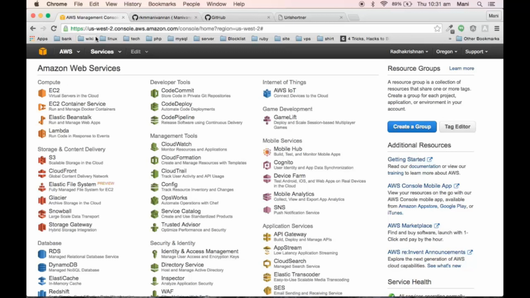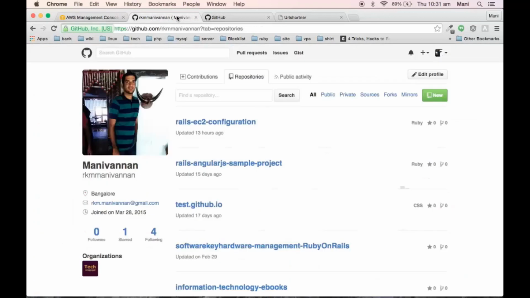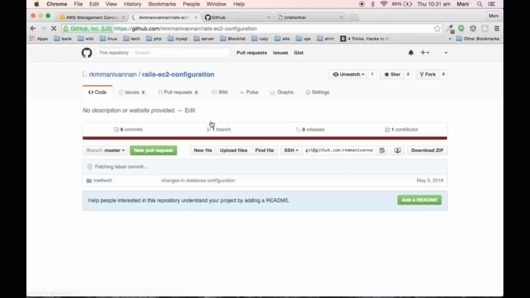Once you've registered your account in AWS, you need to add the Capistrano gem in your Gemfile. You can find my Rails EC2 configuration repository here.